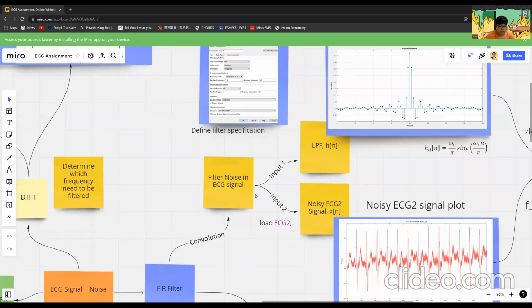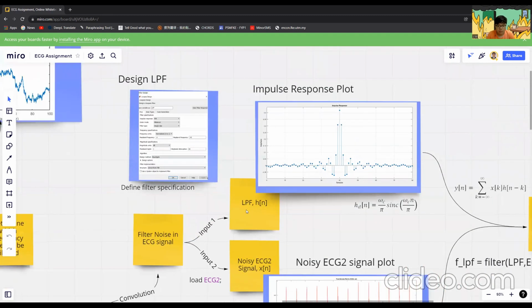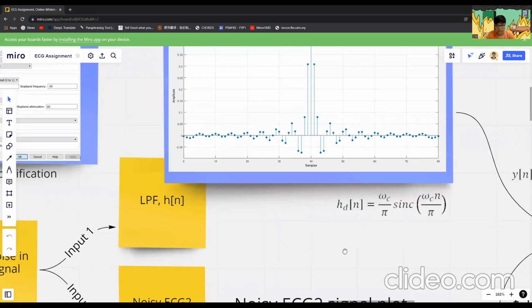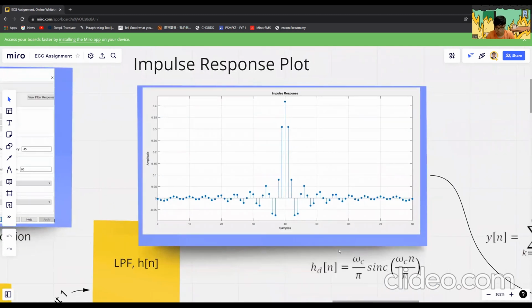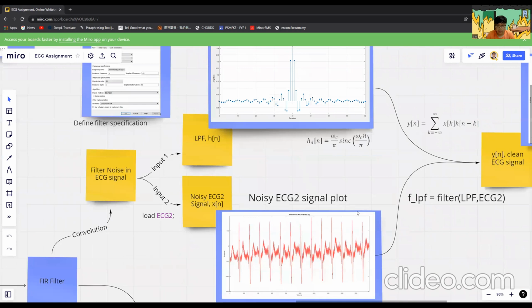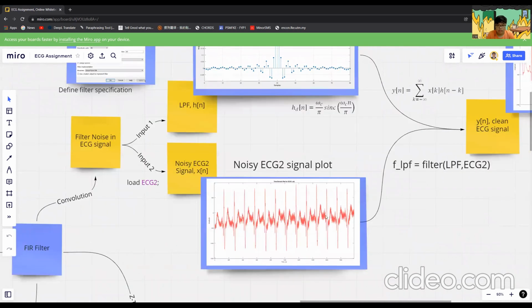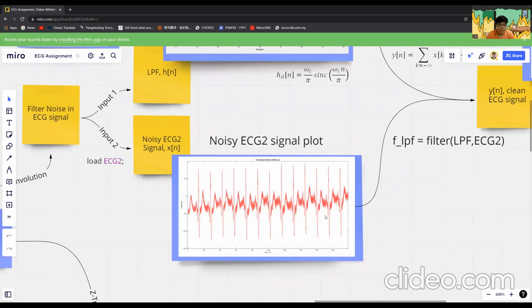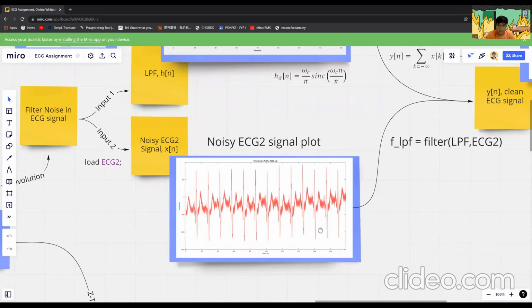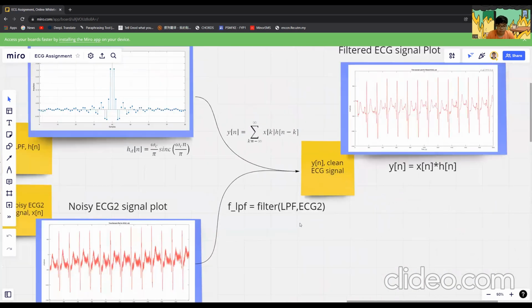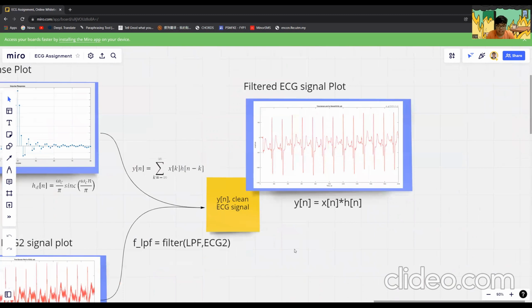In order to filter the noise in the ECG signal, convolution is done, where two inputs are obtained. First would be the impulse response, and the figure is showing the impulse response plot. And the impulse response is convolved with the noisy ECG signal. And upon convolving, a filtered ECG signal plot will be obtained,